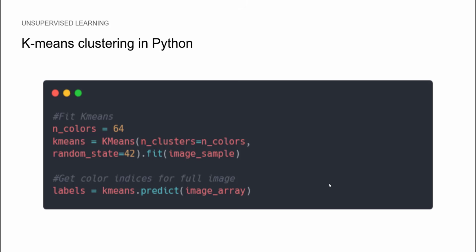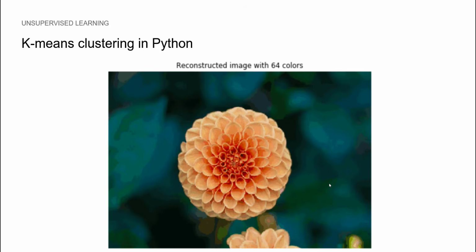In the coding section of the tutorial, we will use k-means clustering to perform color quantization. More on that later on. This process allows us to take a picture and reduce the number of colors. So in this code snippet here, we specify that we want only 64 colors in the picture. Then we can apply the algorithm on the image and output a modified image with only 64 colors. The output will look like this. Of course, because we use k-means, we can specify any number of clusters to group the most similar colors together. So in this case, we use 64, but later on in the coding portion, we can use 10, 28, whatever number we want.